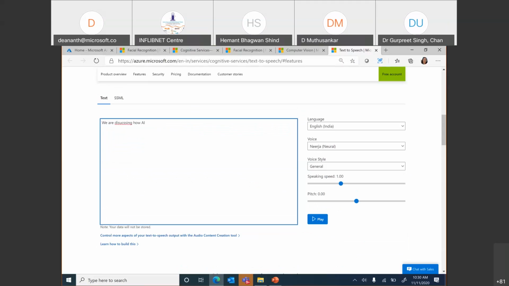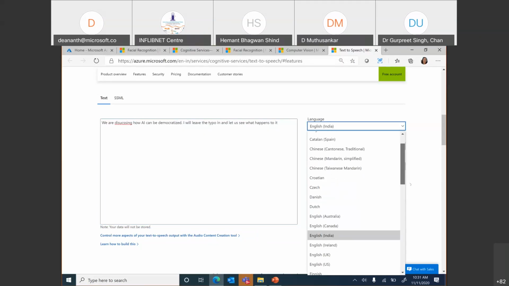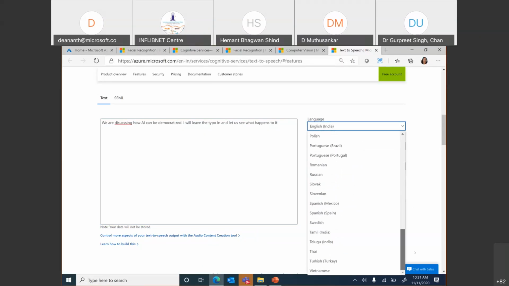I know there is a typo there. I will leave it in and let us see what happens to it, right? There are different languages. You can decide which language you want that to be read in. Okay, various different languages, including the different ones.